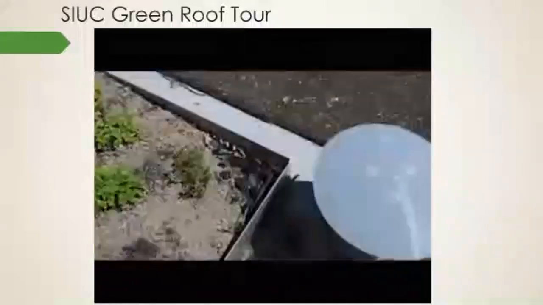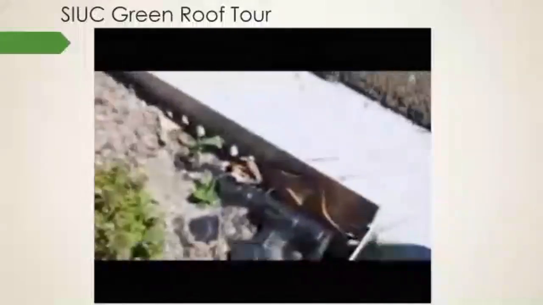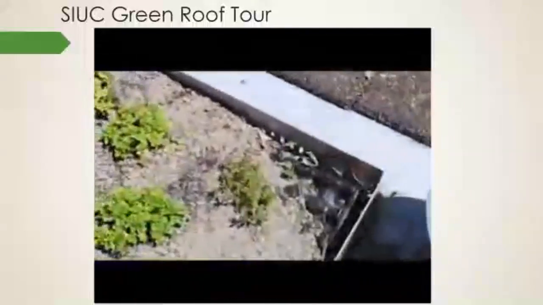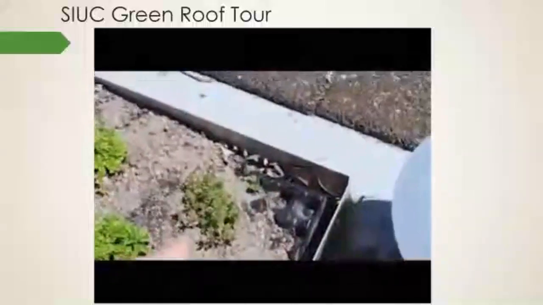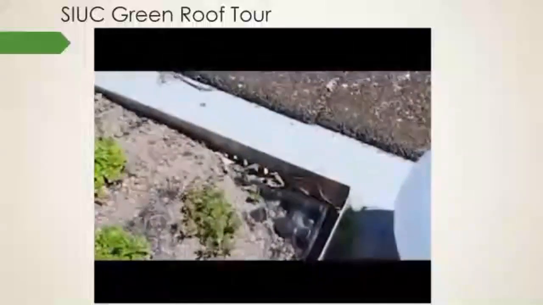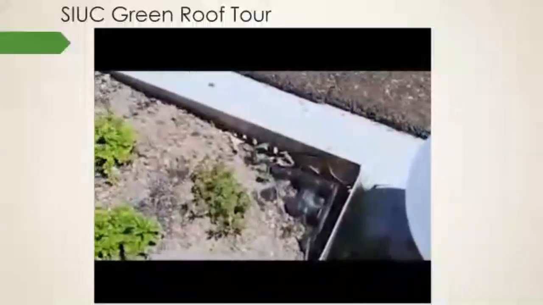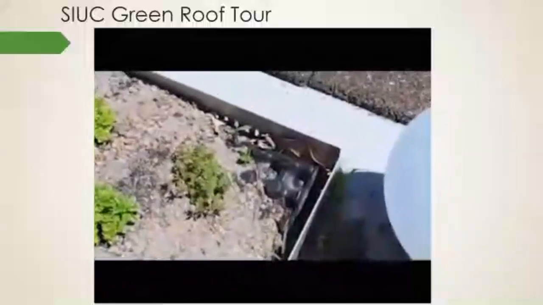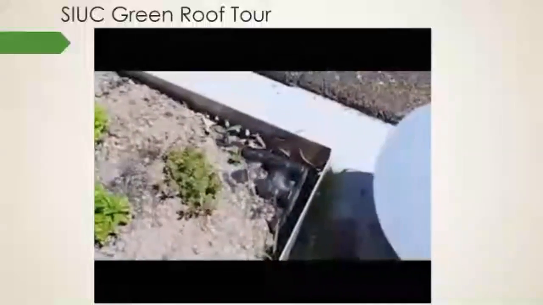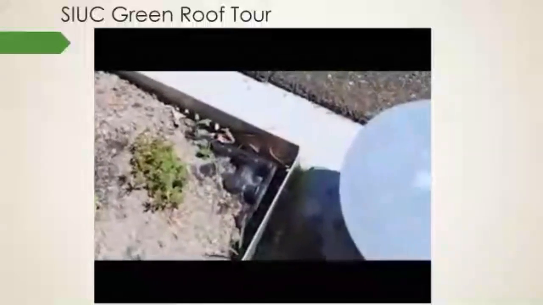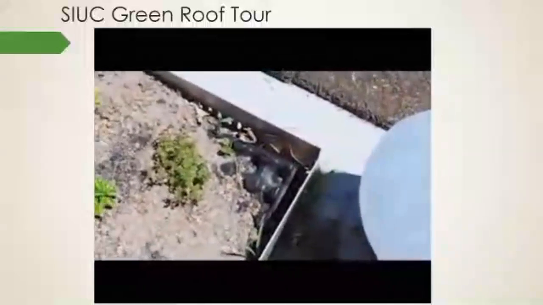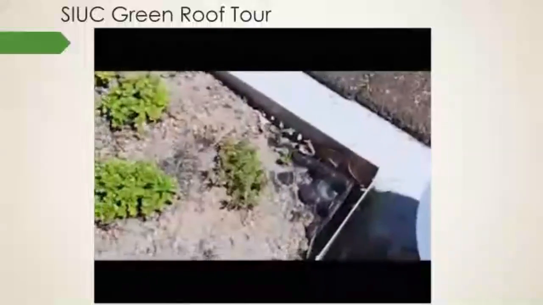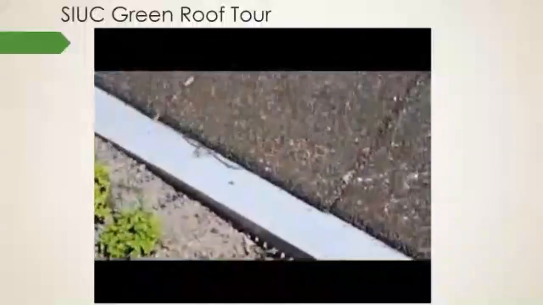And so while we're here, let's take a closer look at, let me get out of the shot there, my shadow. So here is a closer look at the GRM, and we can see the drainage tray. That's an egg crate shaped drainage tray that is underneath our rooftop GRM, that is going to help to hold on to water for a longer period of time, so that it can evapotranspirate and be pulled back up into the medium, because this medium does dry out pretty quick. So we need a way for it to have access to that water for a bit longer.